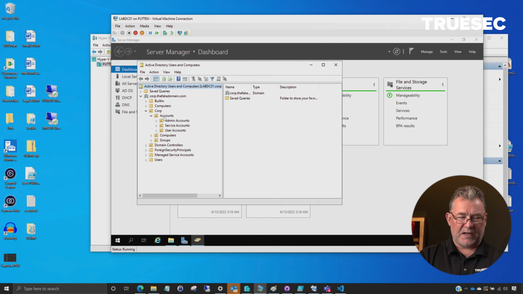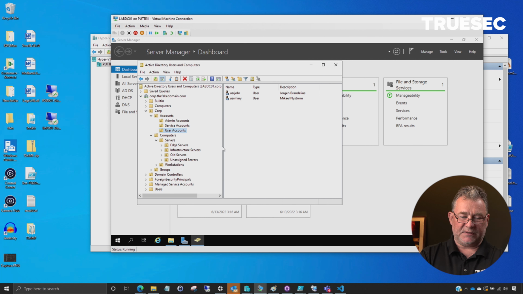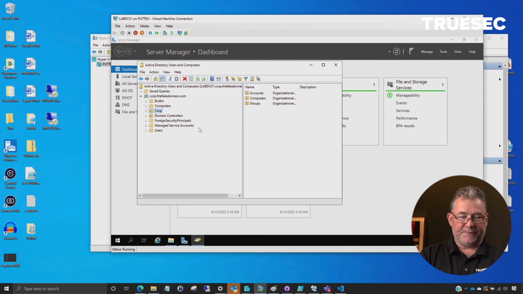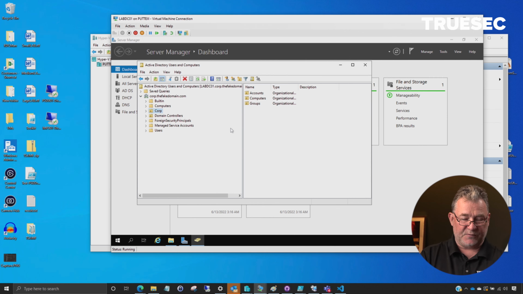We have corp, we have admin accounts, we have service accounts, we have user accounts. This is, of course, something you can configure on your own. We have OUs for different things and items. You have them for workstations as well. We have groups. All this is just in the XML file, so you can define how you want this to be configured and built. When you build a lab environment or test environment, you can also use this for production if you want to, but